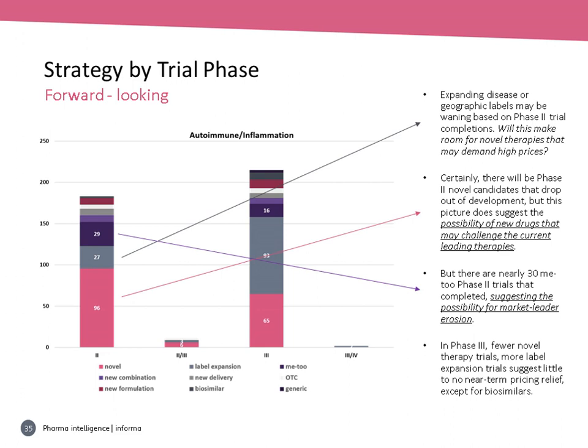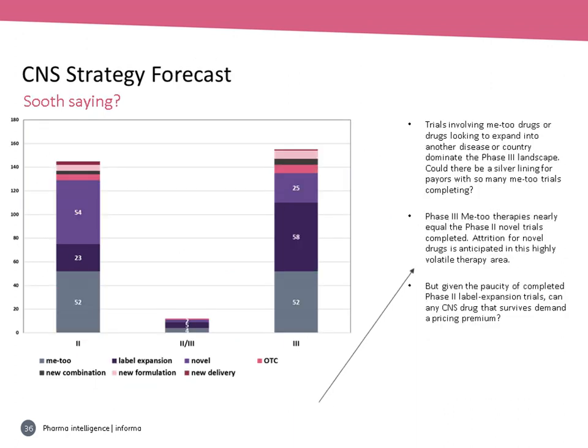There are nearly 30 Me Too phase 2 trials that completed. Likely they'll enter phase 3. Likely they'll be successful. So there may be some relief in terms of pricing, but bad news for the market leaders. In phase 3, there are fewer novel therapy trials, lots more label expansion trials. It doesn't look like, from a market access and reimbursement perspective, that there's going to be relief, at least for the payers. I'm starting to run out of time, so I'm going to skip the next slide and move forward